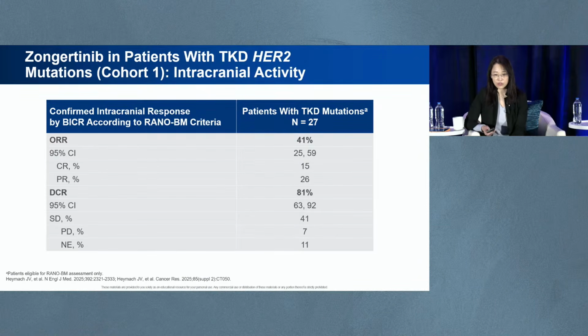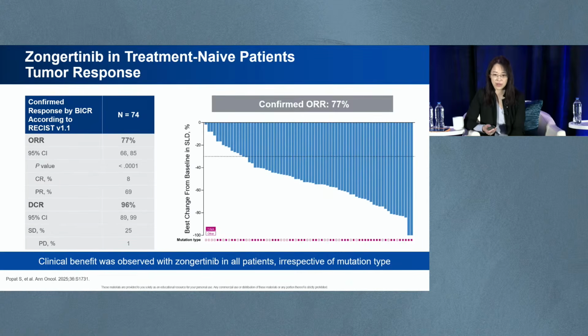So zangertinib also reported intracranial activity at 41%. However, this is a very small patient population. We're looking forward to additional intracranial activity reports from zangertinib as well as from zivobertinib, which I will be talking about very soon. The last piece about zangertinib is really exciting, as there's a cohort evaluating patients with HER2 metastatic non-small